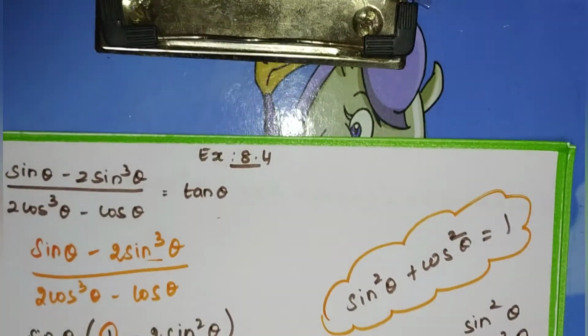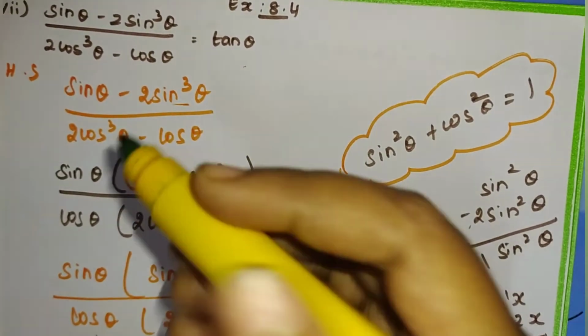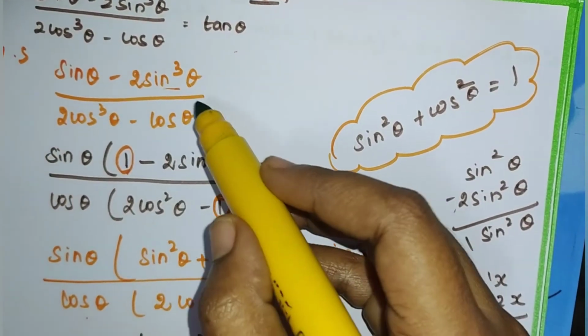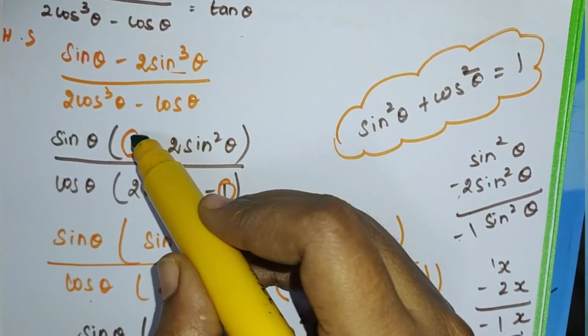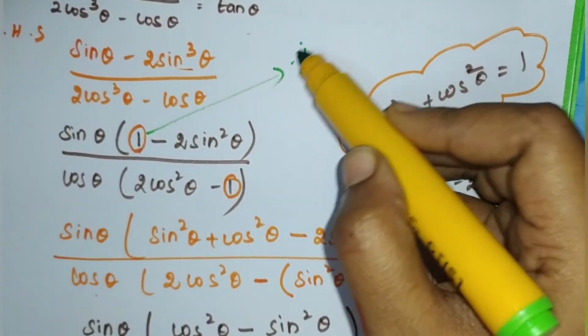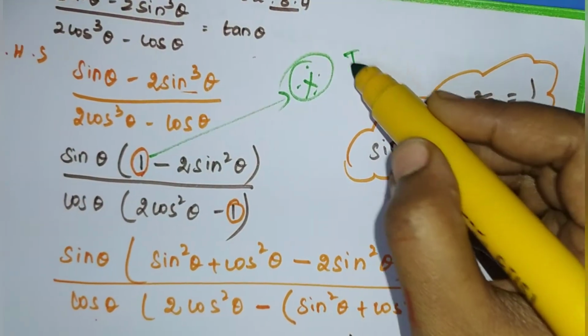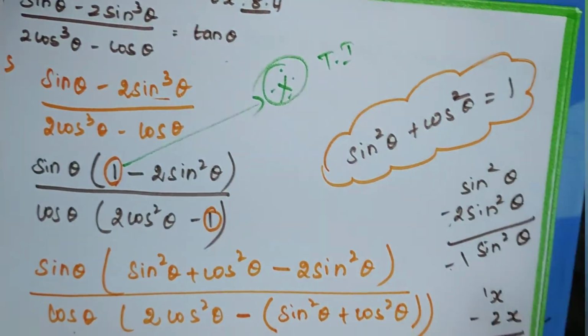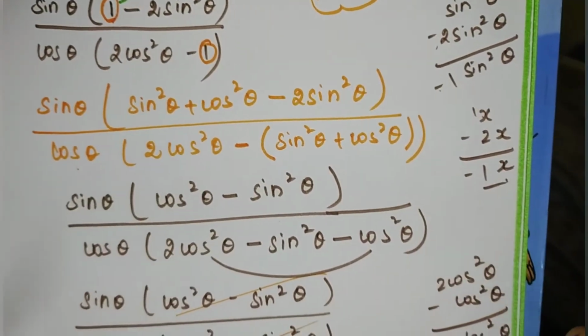So what is the important point you have to remember in this problem? Take sin theta outside, that you can remember, but instead of 1 you have to substitute the trigonometric identity. Remember this and then you can easily simplify.